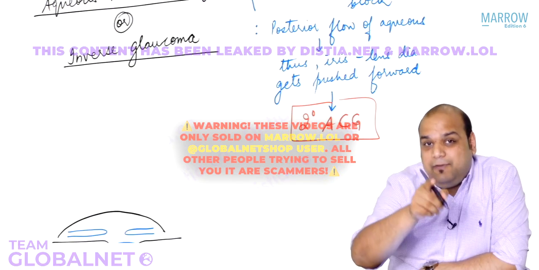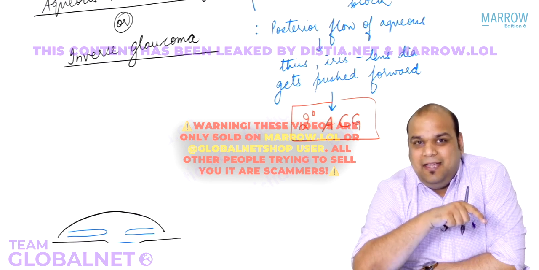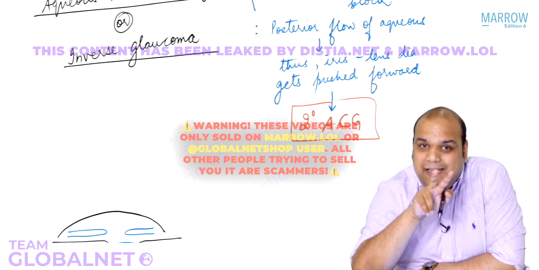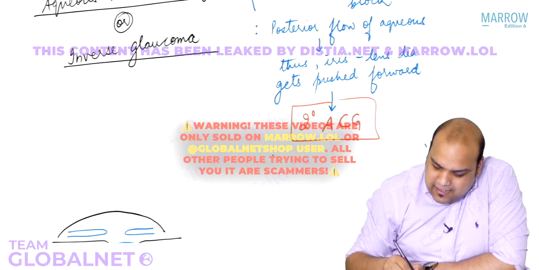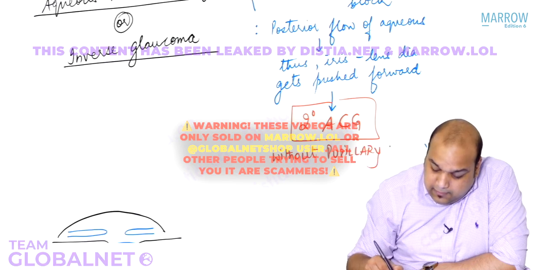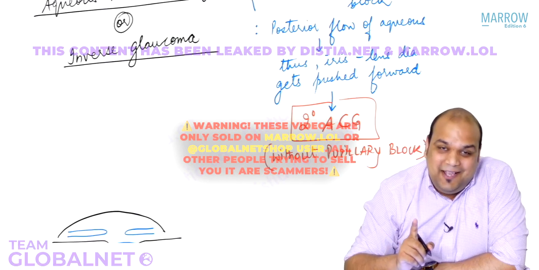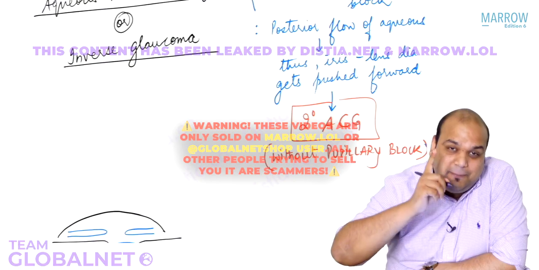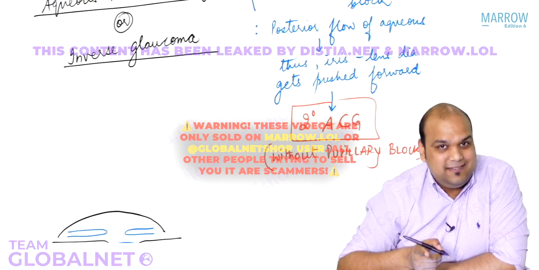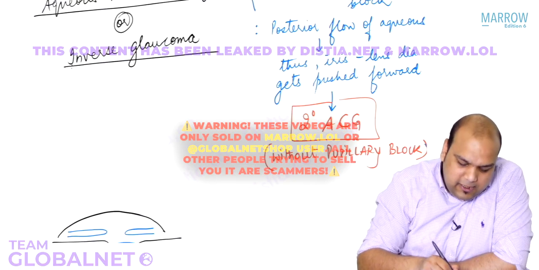But if you realize, everybody, even though angle closure glaucoma is occurring, there was no pupillary involvement. So we say without pupillary block. The pupil is not touching the lens in this case. There is no pupillary block. I hope you understand. Whatever angle closures we have discussed till now, the pupil touches the lens. Yes? Now, because there is no pupillary block, when I ask you the treatment, everybody,